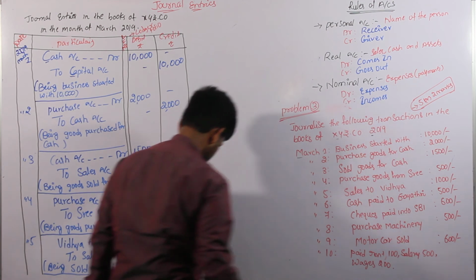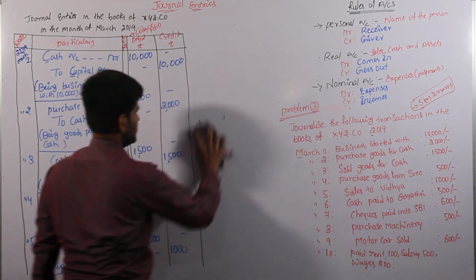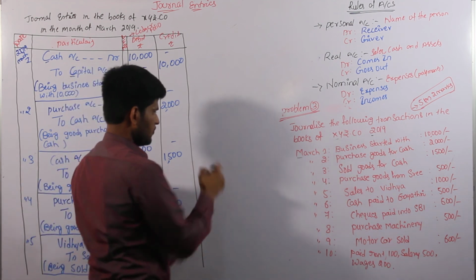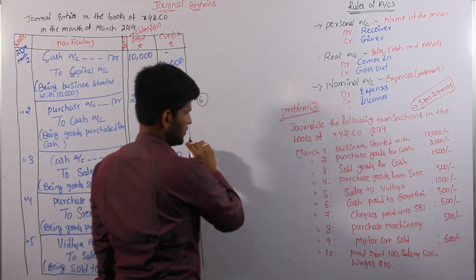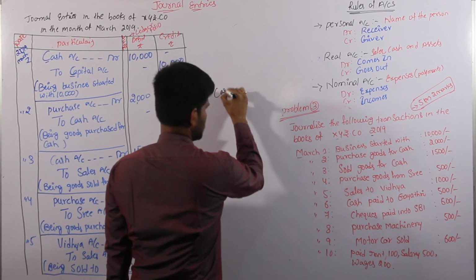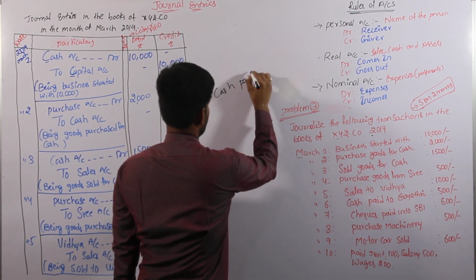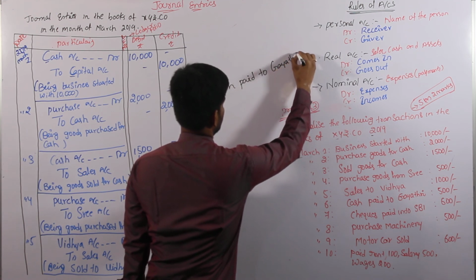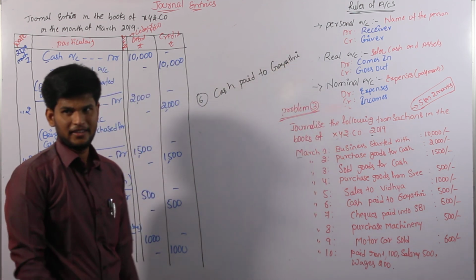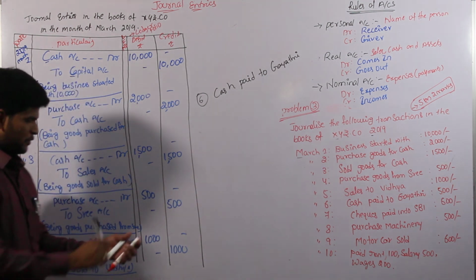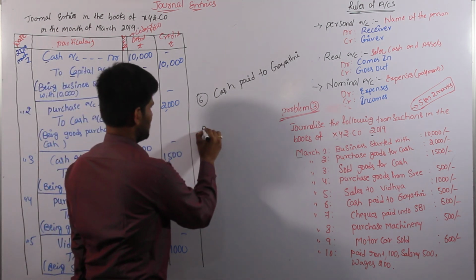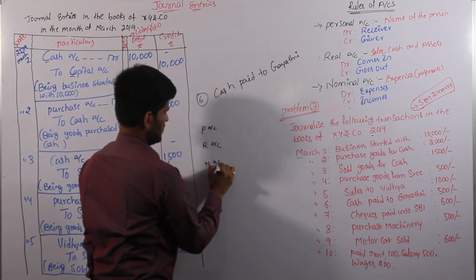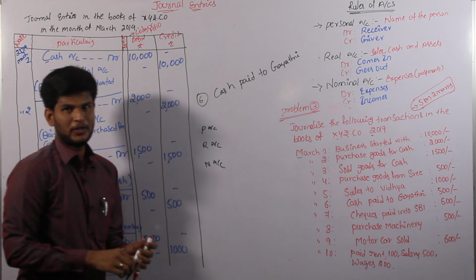Come to the next transaction and the last transaction. Sixth one. Cash paid to Gayatri. Come to fulfill the rules. Personal account, real account, nominal account. Cash paid to Gayatri